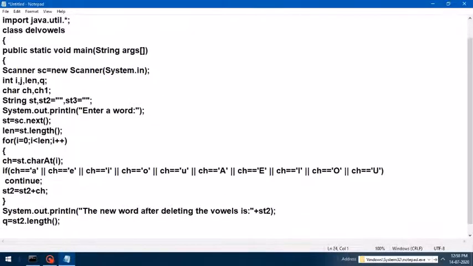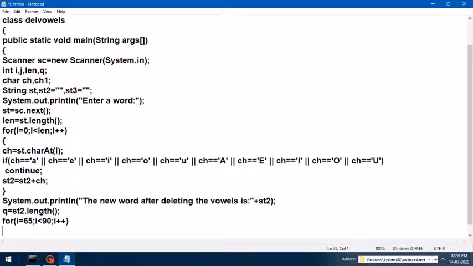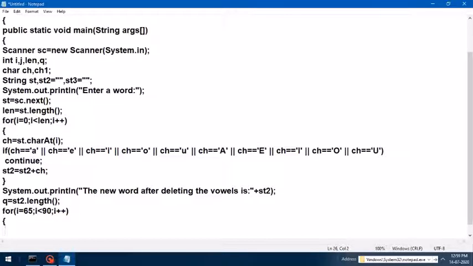For i equal to 65, I am checking for capital letters first. i is less than 90, i plus plus. It will check for each letter. For j equal to 0, j is less than q, the length of the new string, j plus plus. That means each letter of the new string will be checked.